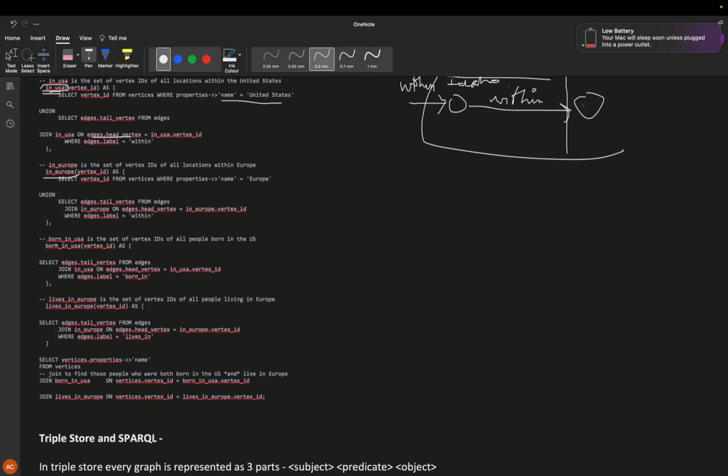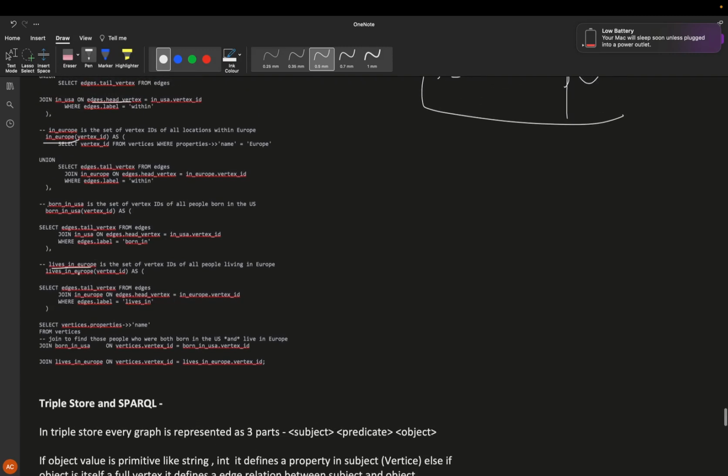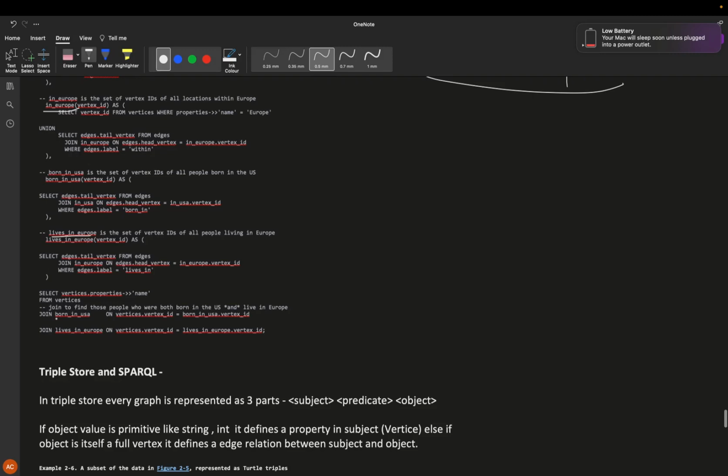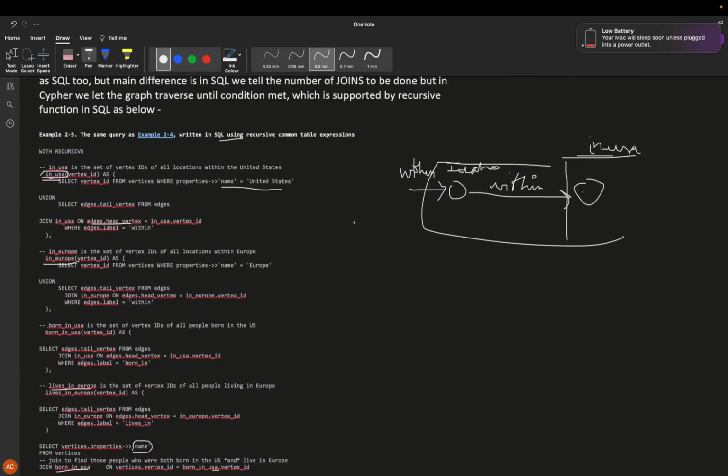Now, born in USA would cover all the people who were born in USA. You would see, right? And lives in Europe, similarly, contains all people who live in Europe. At the end, what we do is join on those born in USA and lives in Europe, and return the name of those vertices. So we could write a query like that with the recursive